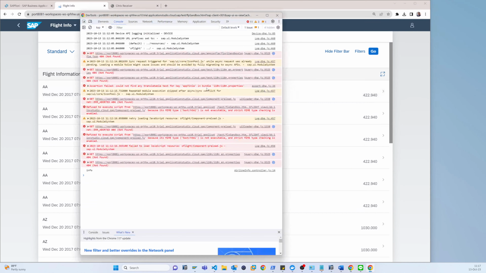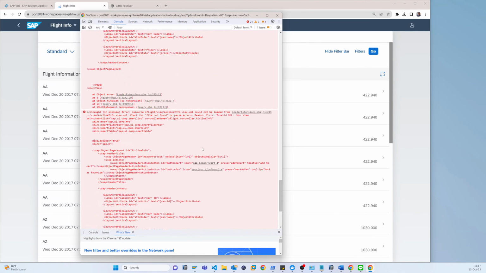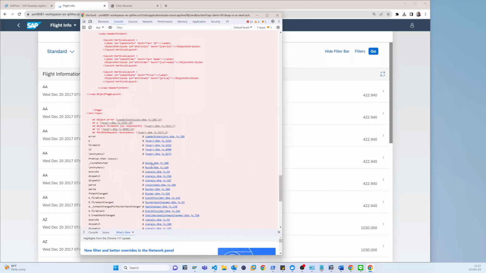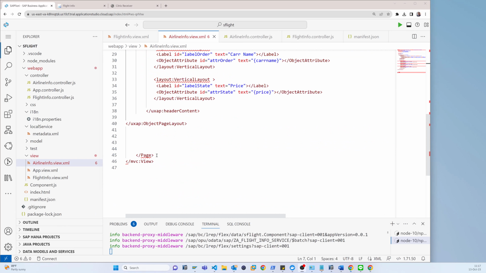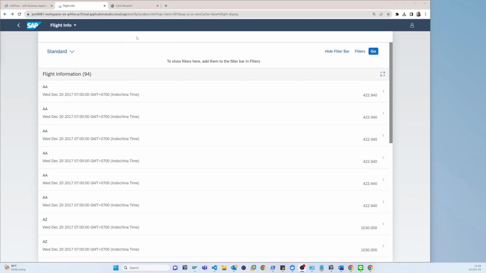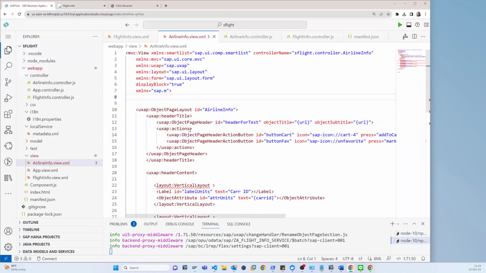Again if I press F12, the view is not good, so here we have to go to that view. Just remove that. Now if I click here, it is showing just a format, but we have to load the data. So if I go to that airline